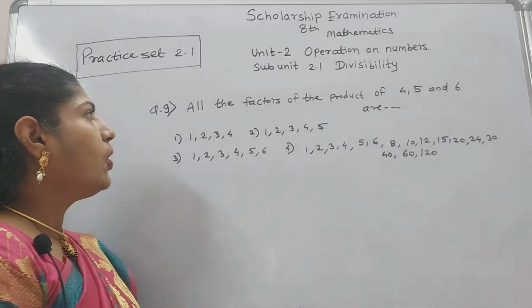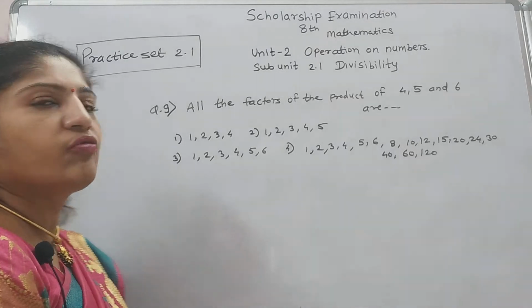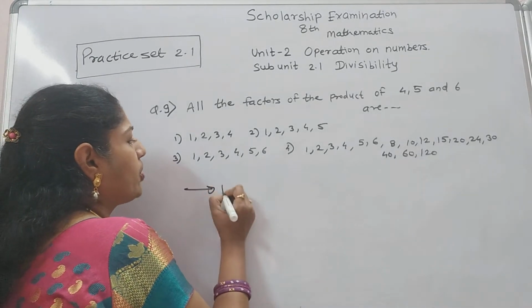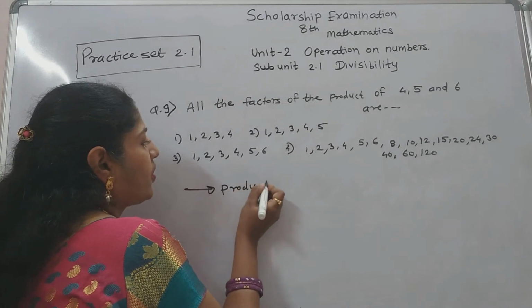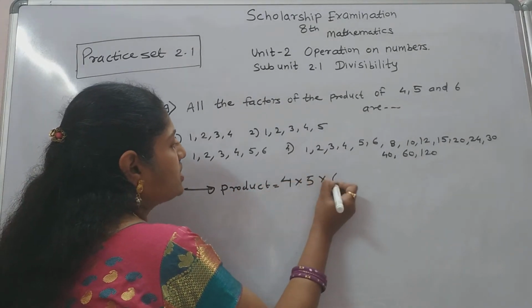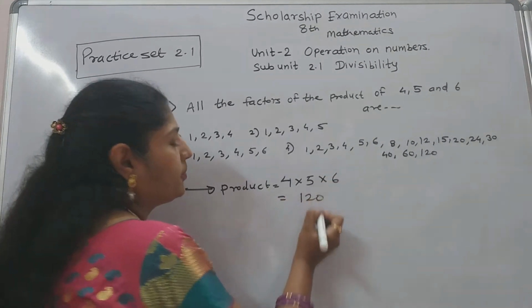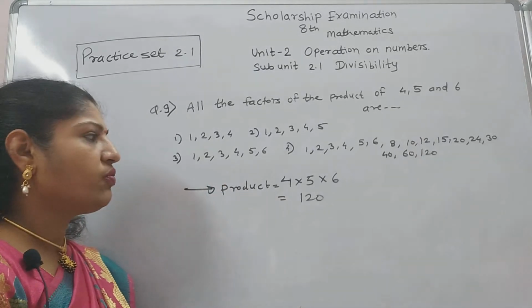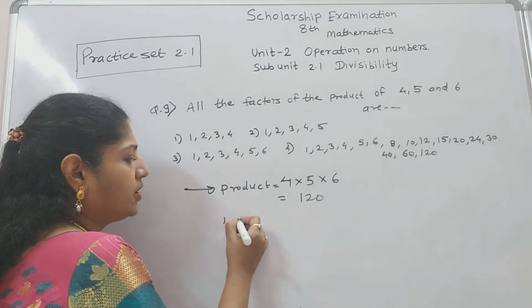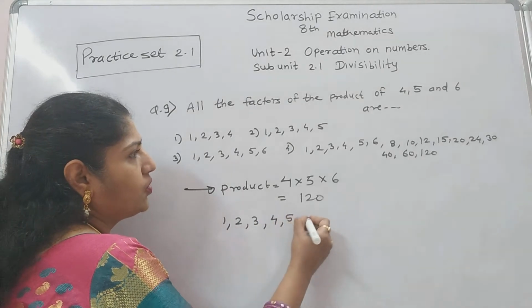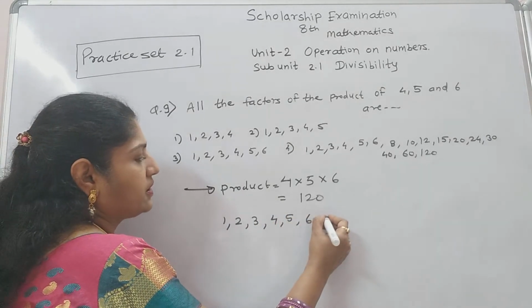Next question is, all the factors of the product of 4, 5 and 6 are. First we have to find the product. Product is 4 into 5 into 6, 120. Product is 120. Now write all the factors of 120, that is 1, 2, 3, 4, 5, 6, then